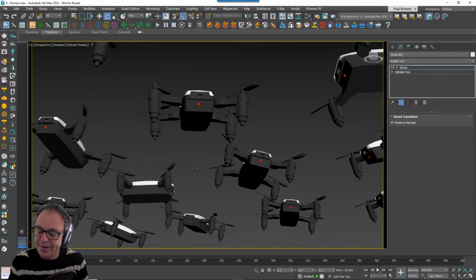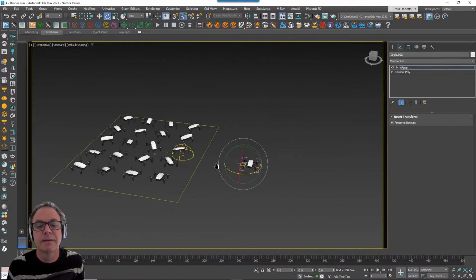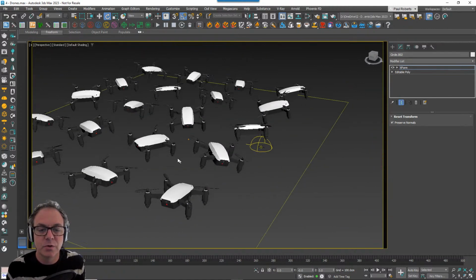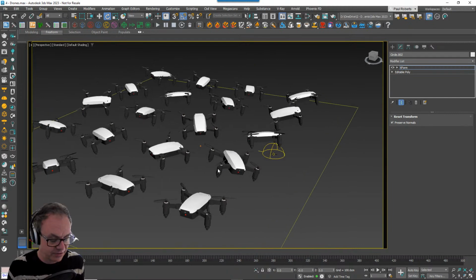Could be the same, for example, if you want to add a bit of movement to vehicles on roads. You'll find if you just animate them moving and pop them into Forest Pack, nothing really will happen. If you animate the translation in Forest Pack, so you use the random transform settings and animate them moving that way, that will work, but you won't get motion blur. So if you want them moving and you want motion blur, then this is a quick way of doing it. Pop an X-form modifier on there, animate the movement a little bit, and then it will work in Forest Pack. So that's an interesting question. There is something which I'll cover in future, but Forest Pack 8 also offers another way of doing that, to do with using hierarchies, which is quite cool.